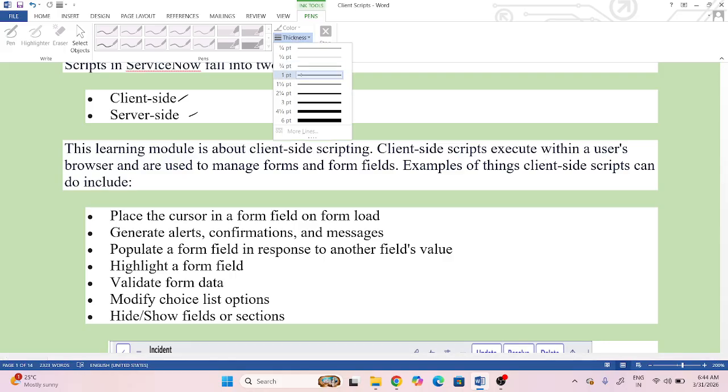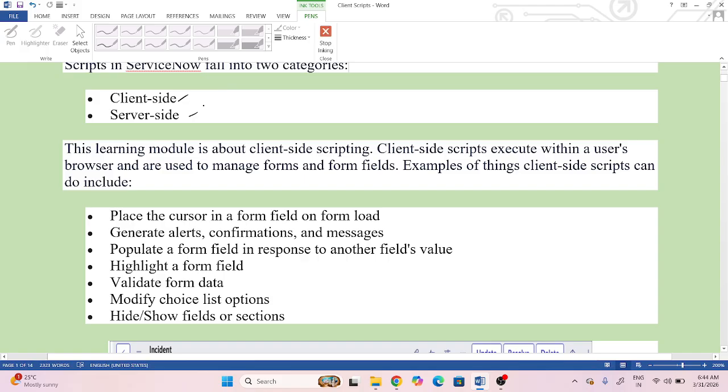What should we know here? We should know two major meanings: the meaning of client and the meaning of server. Client means user side, the users. Server side means the data center